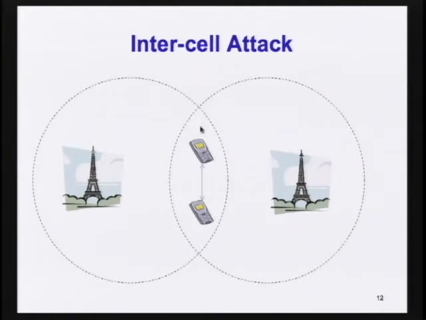Suppose the attacker has 2 cell phones, and places the 2 cell phones in the overlapping area of 2 neighboring cells. And suppose the 2 cell phones can communicate with each other, for example, through a local area network or Wi-Fi. At the beginning of the attack, the top cell phone is admitted to the left cell, and the bottom cell phone is admitted to the right cell. And each of the 2 cell phones launches the attack that I showed you earlier. Each of the cell phones tries to get as many scheduling slots as possible. So each of them can get about 20 continuous scheduling slots. Once one of them can't get any more